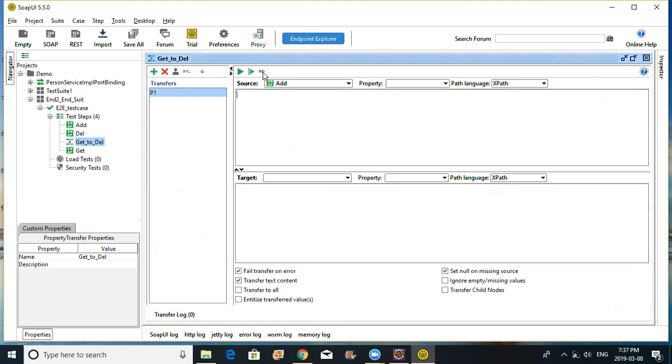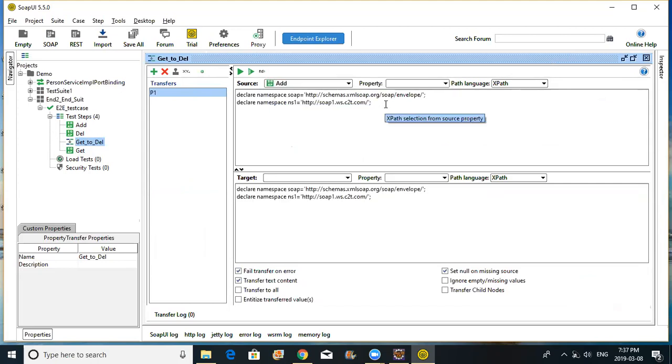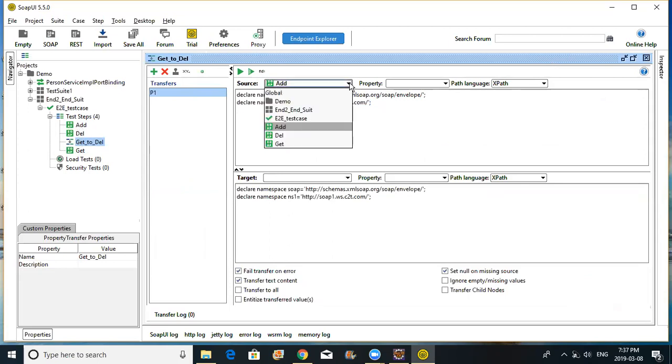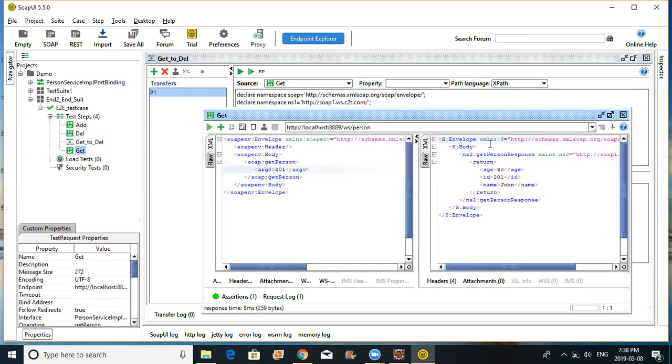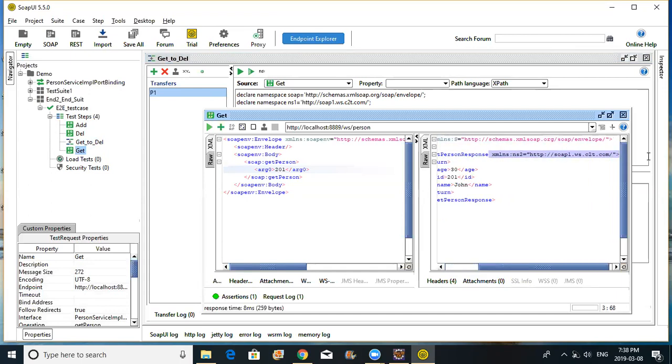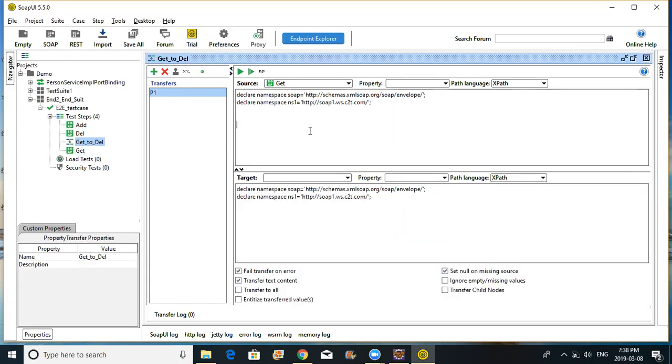First click on this so that you will get the syntax how to do it, right? Then you go to, this is add. So this should be our get, right? We are doing it from get, isn't it? So we will go here. We'll go to from the get. What is the namespace? Copy this from here to here, right? I'll copy this and I'll come back here. I'll put it here. So it is namespace 2 equal to